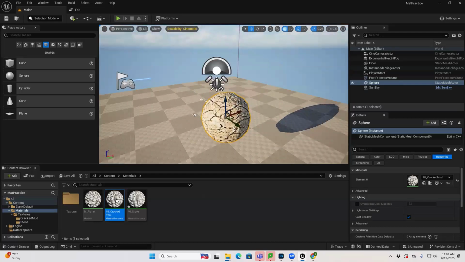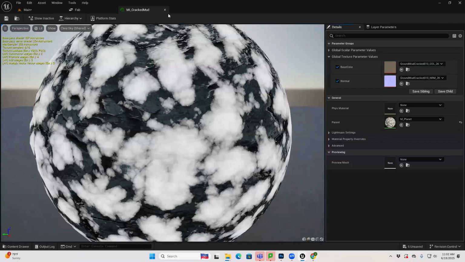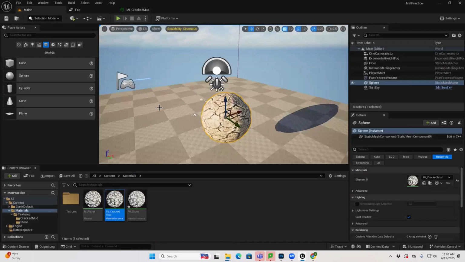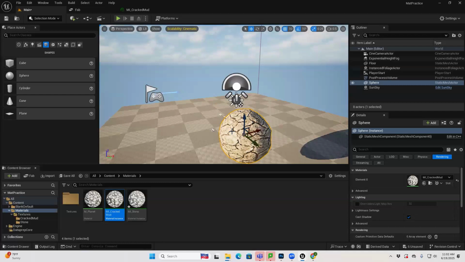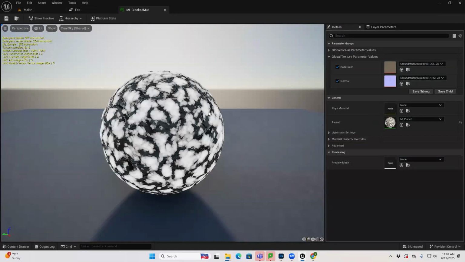Where's the cloud? I don't know. But I mean, this particular material is not meant to reside in the Unreal scene. It's just going to reside in here, right? So